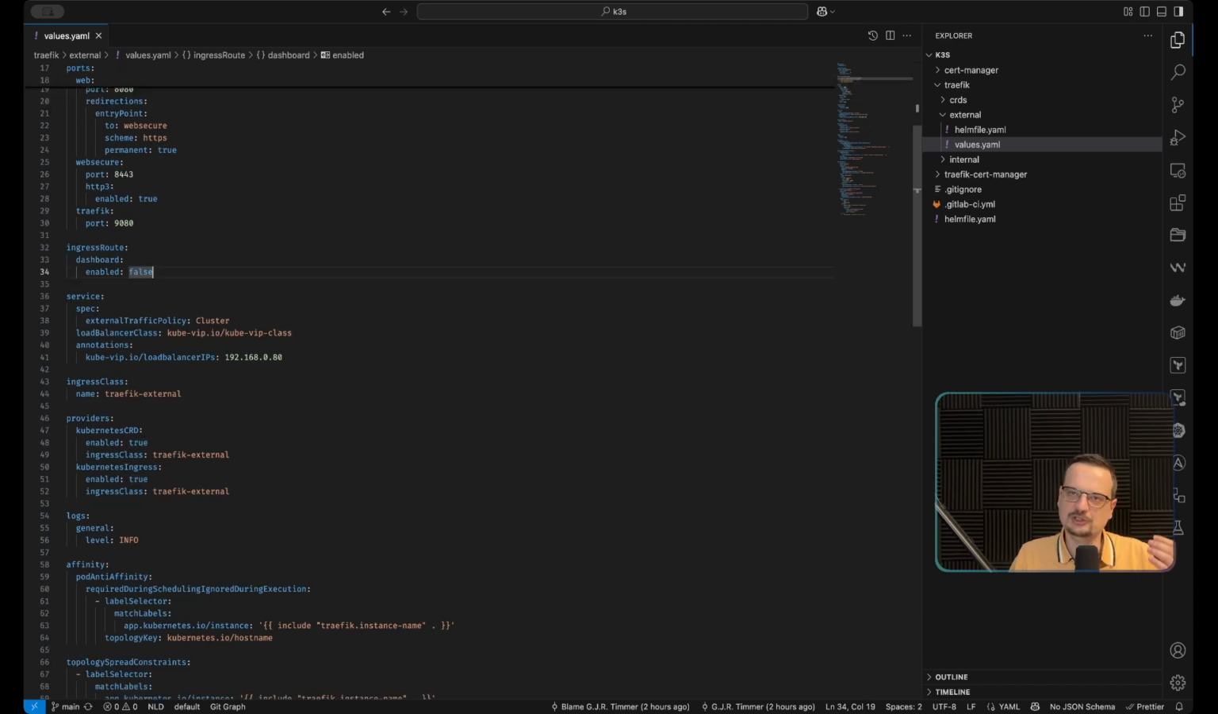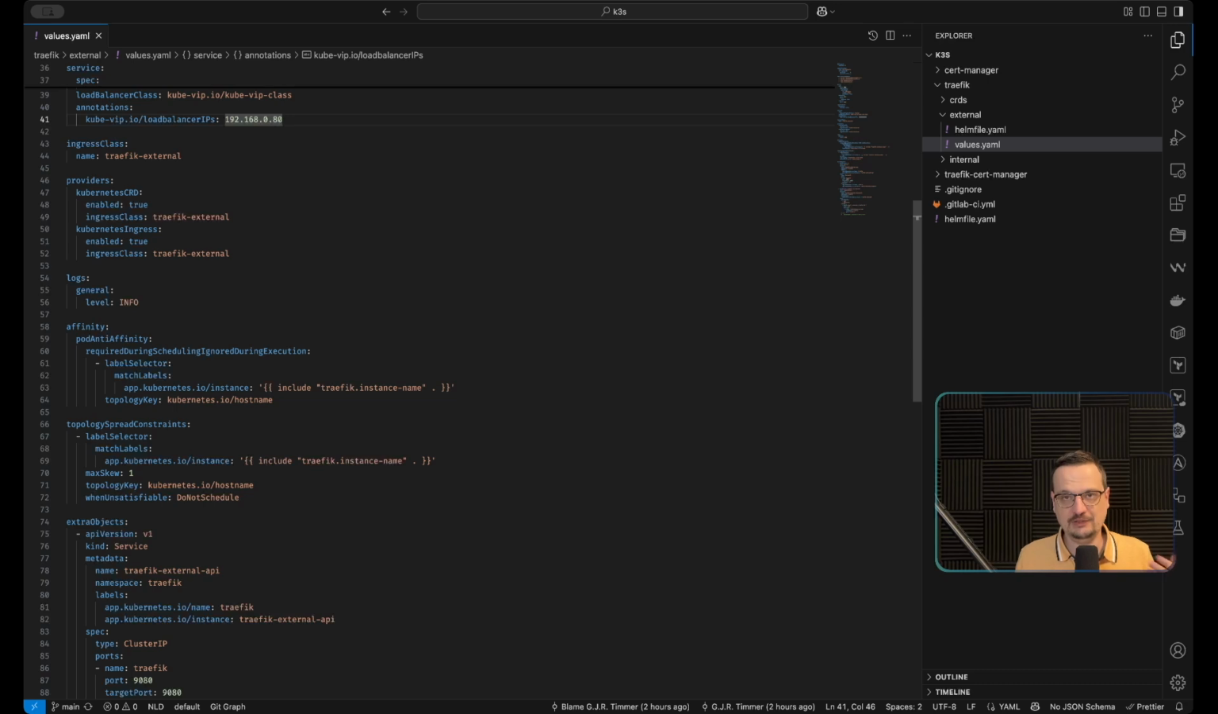But here's the difference. The ingress route for the dashboard, we fully disable that, because we don't want that to be exposed on the internet in any kind of risk. So we're fully disabling that. Service, same thing. We are requesting an IP number from KubeVip, an IP number of our actual network. Ingress class is traffic external, which means any ingress or ingress route that has the class traffic external will be picked up by this traffic external load balancer and loaded into Traefik and create the route,